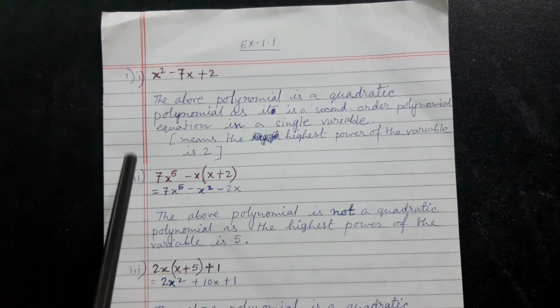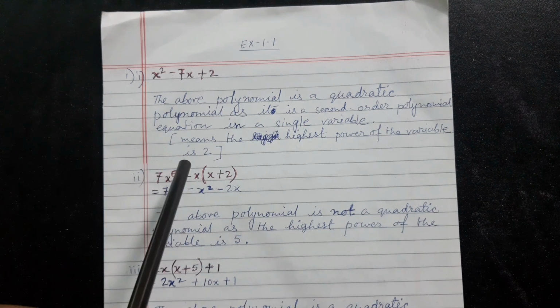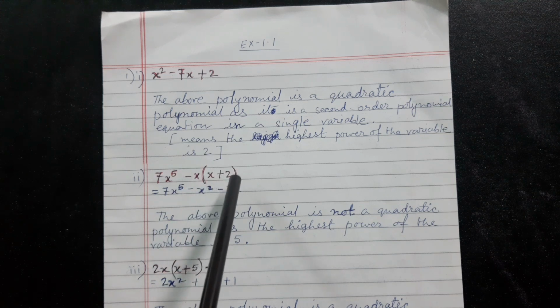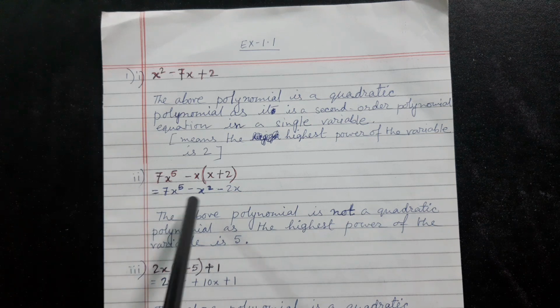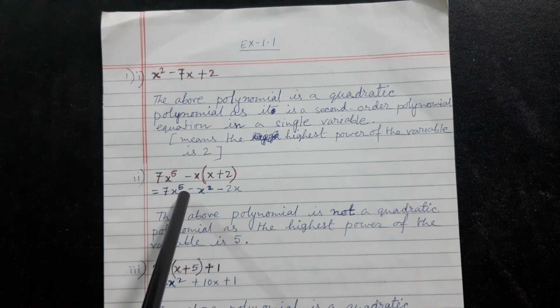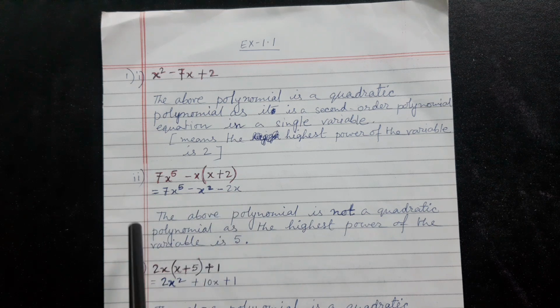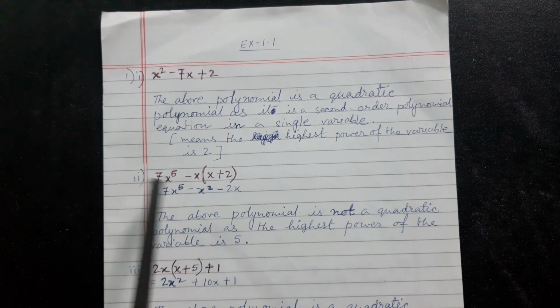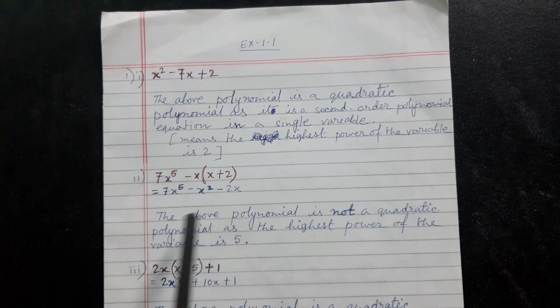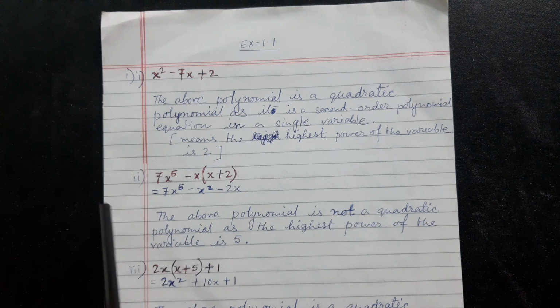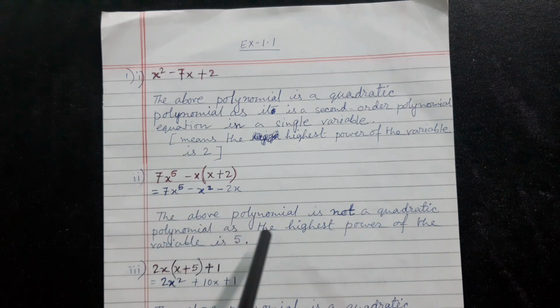Now the next sum, 7x to the power 5 minus x into (x plus 2) in bracket. So, if we remove the bracket, then we will get 7x to the power 5 minus x square minus 2x. That is, it is not a quadratic polynomial as the highest power of x is 5. So, we can write that the above polynomial is not a quadratic polynomial as the highest power of the variable